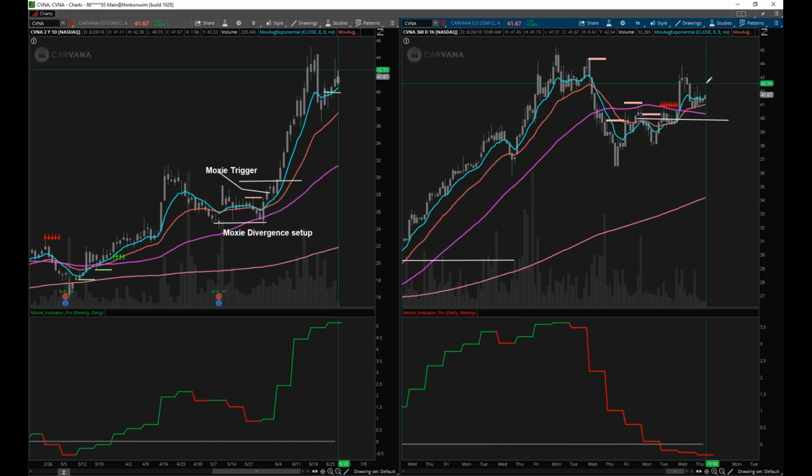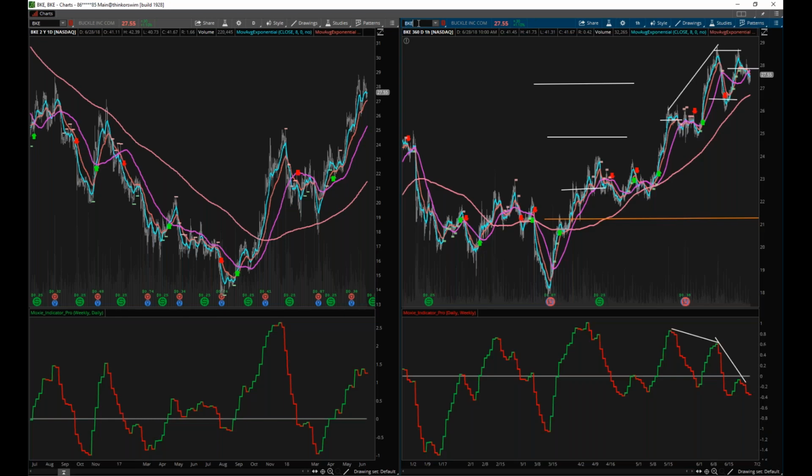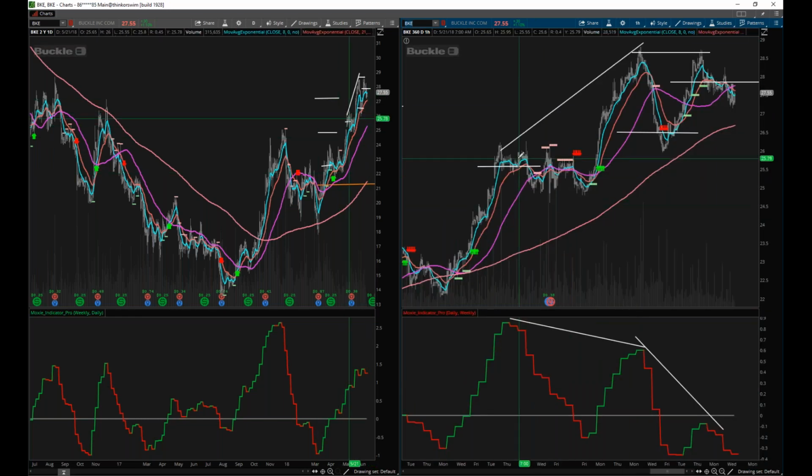I'm going to let things kind of continue to settle out and kind of feel it out and see if there's a better entry at some time in the future. I mean, look, it looks like a great stock, but that is not an entry right there. And I'll show you an example of why that is not an entry right here. Sorry about all the wrong drawings. I like to mark up my charts.